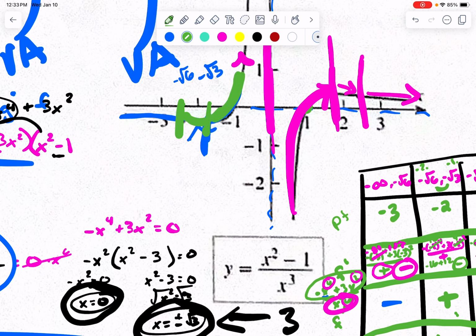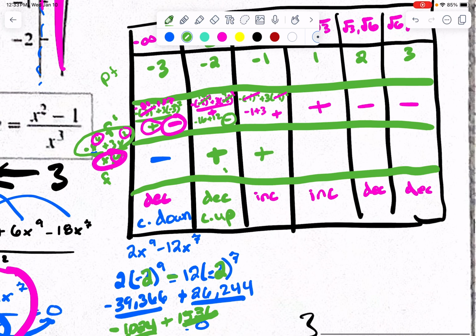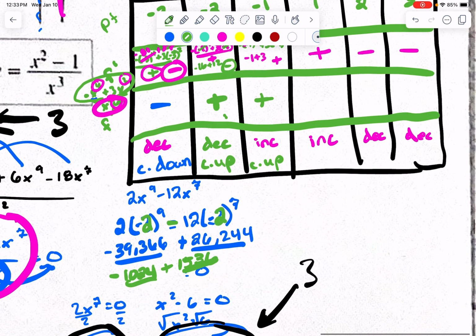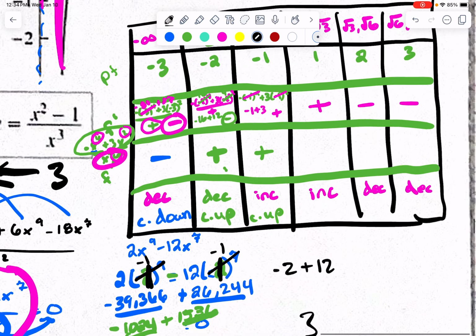And this is obviously going to be concave up as well. So let's plug in -1. We're going to get a positive. He's going to be concave up, I'm sure. But let's see. So changing him to a 1 and a 1. -1 to the 9th power is -1 times 2 is -2. -1 to the 7th is going to be -1 times -12 is plus 12. So that's going to be positive, concave up. Cool. All right, now,